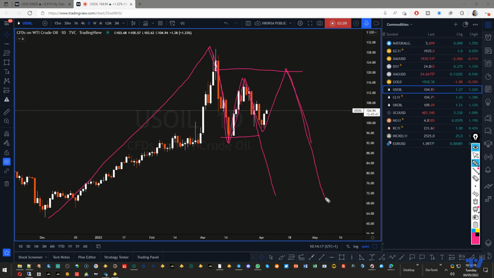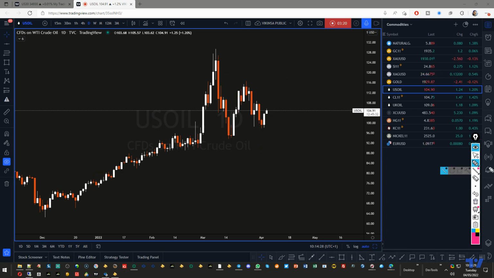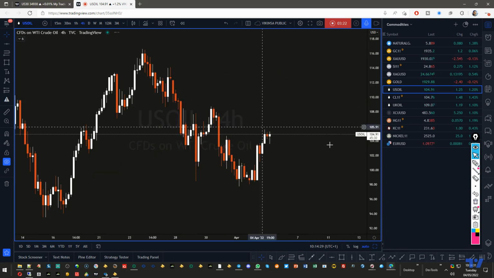Now if it falls down again, there will be an M pattern like this. Okay, so because we have M and W patterns embedded within each other, right? This is how they form. Now if I show you a smaller time frame, if I go to the 4 hour time frame, what's happening there